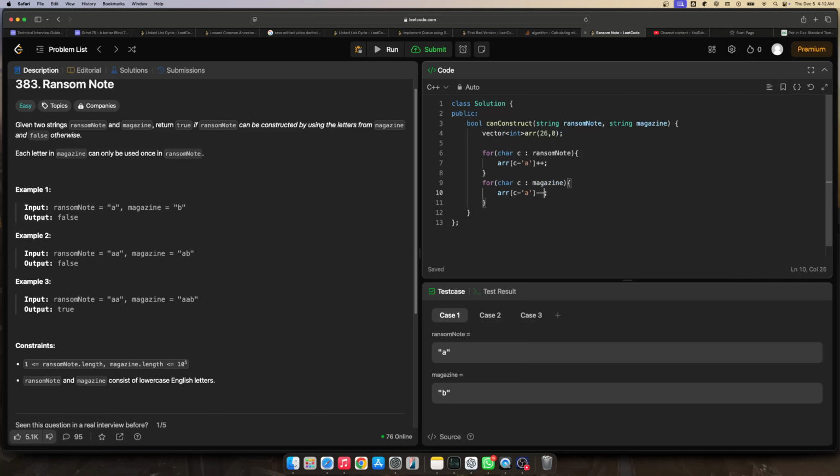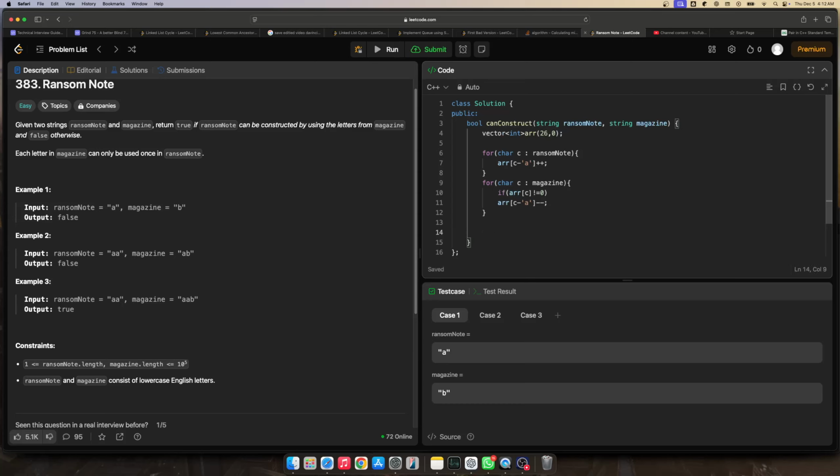Minus minus, also only if arr of c is not equal to 0. Now, in that case only I'll reduce. So in that case I'll not reduce it further more than 0. And yeah,